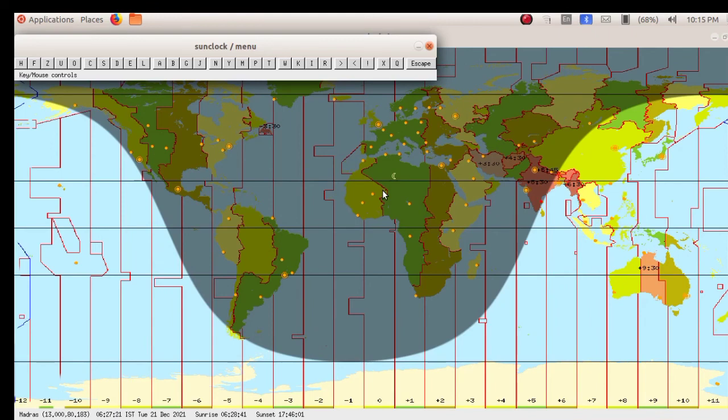Okay, so if you want to view the solar time, you can click on the menu S. Okay, see, you can see the solar time. And when the sun clock starts, it shows the legal time. It is enough to click S in the menu to see the solar time. Okay, dear children, these are all about the sun clock software.